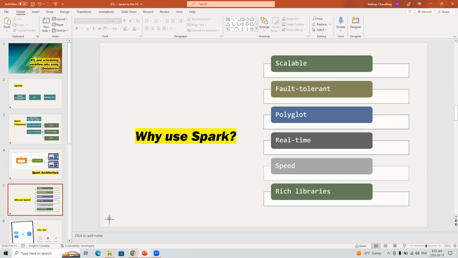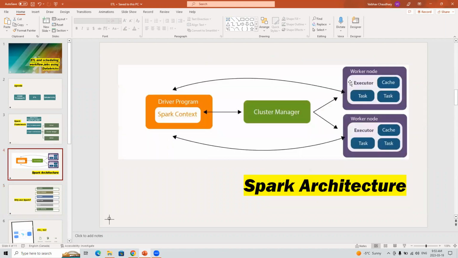Same as in ETL, where you have checkpoints. It's not exactly like checkpoints here, but if one worker node dies, let's say this worker node is not working, the cluster manager will take the place of that worker node and do the work of the worker node. This is what I know. If I'm wrong, can you please correct me? But I think the cluster manager will take the place of the worker for sure.